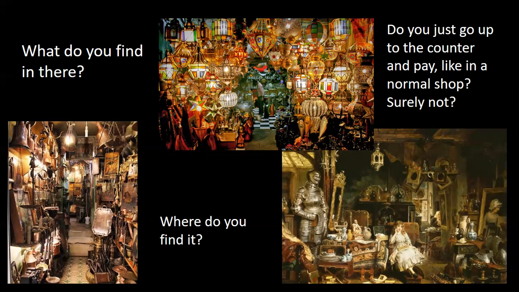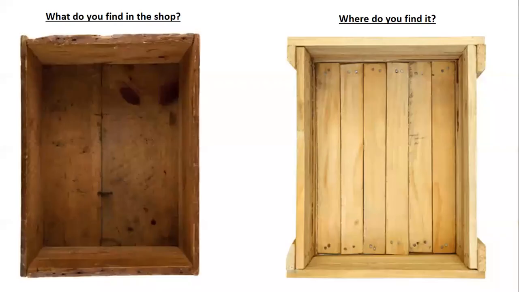Okay. So now we're going to get onto the bit we're writing about today. So what we're going to do is we're going to write two things. So first, we're going to think, well, what do you find in the shop and where do you find it? So you're going to think of between 5 and 8 things, so a minimum of 5 things you find and where you find them, and a maximum of 8 things you find and where you find them. And you're just going to have a think of what you find and where do you find it.